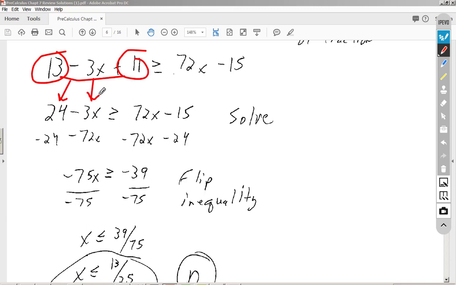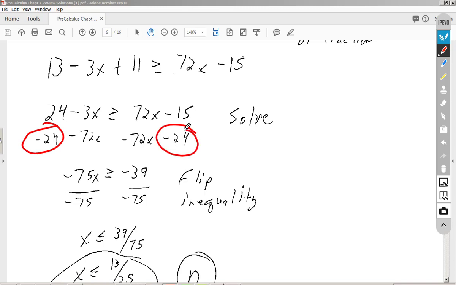I still have my minus 3x, so combining like terms, and that's still going to be greater than or equal to 72x minus 15. So solving this, I'm going to go ahead and subtract 24 from both sides and subtract 72 from both sides. And when I do that, you're going to notice negative 3x, negative 72x gives me negative 75x. That's greater than or equal to, and I got negative 15, negative 24 is going to give me negative 39. Dividing both sides by negative 75,